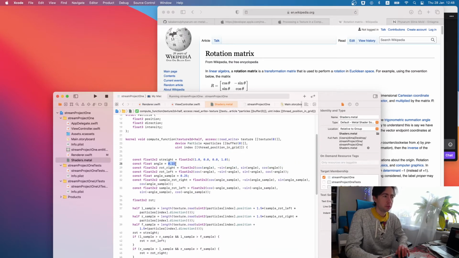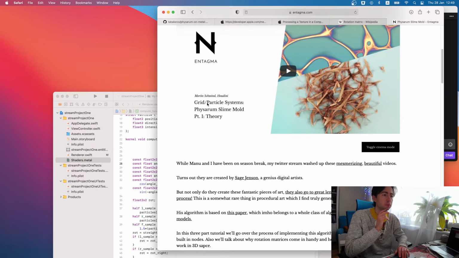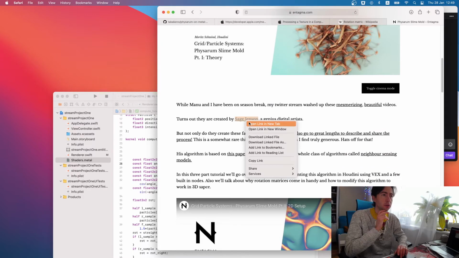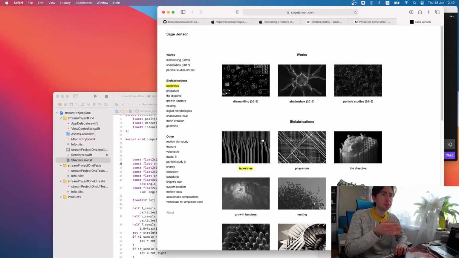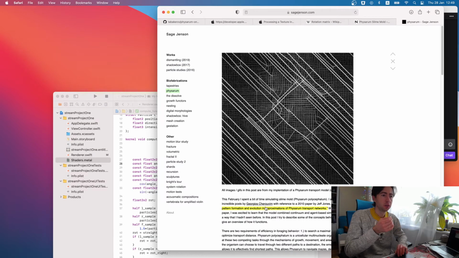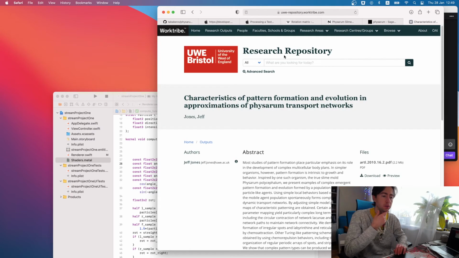Here I'm defining an angle for rotation as in a Physarum particle, Physarum actor. Let's open it.